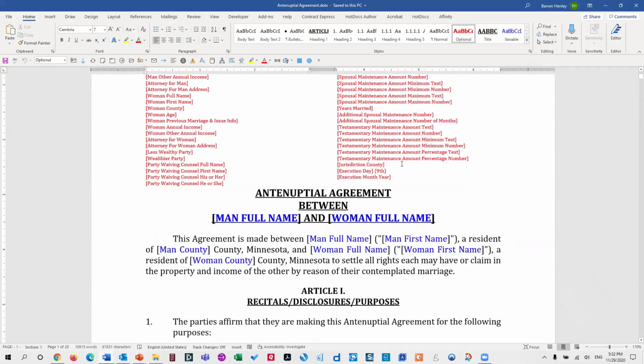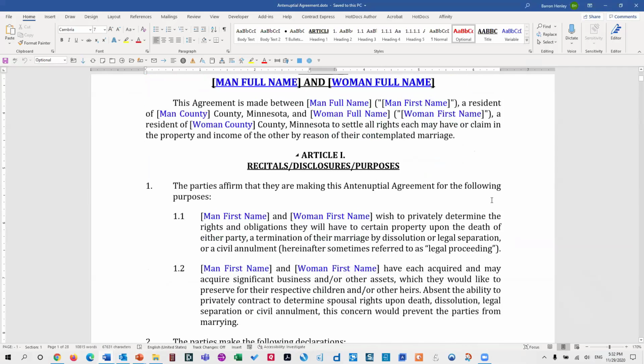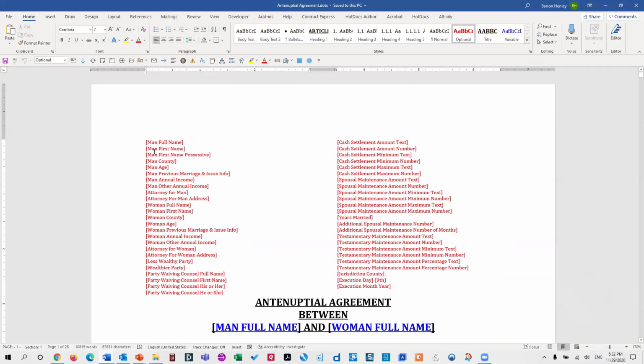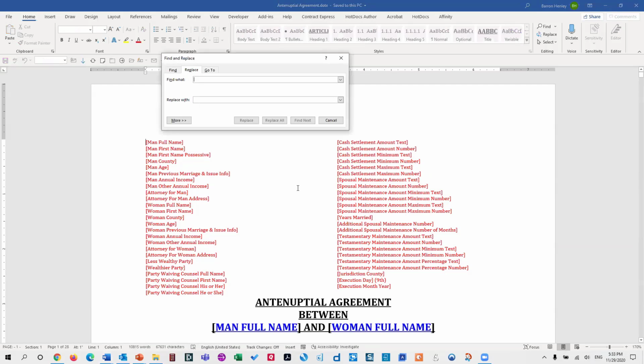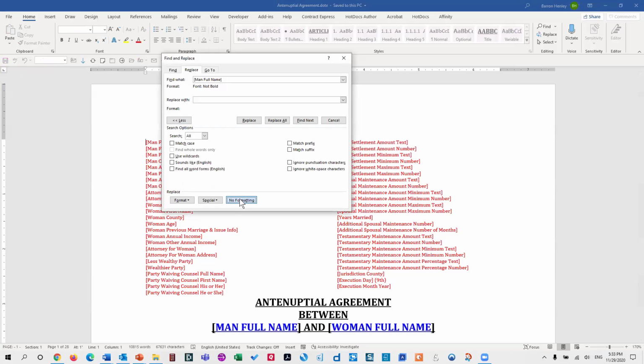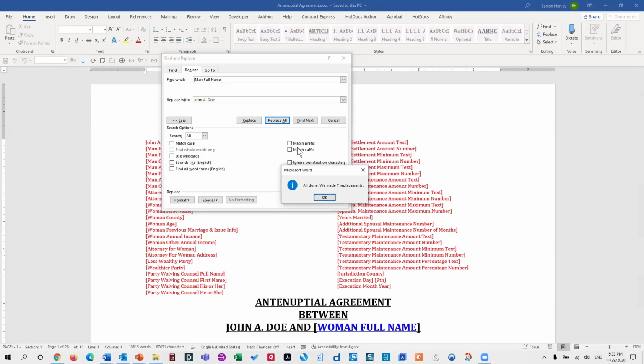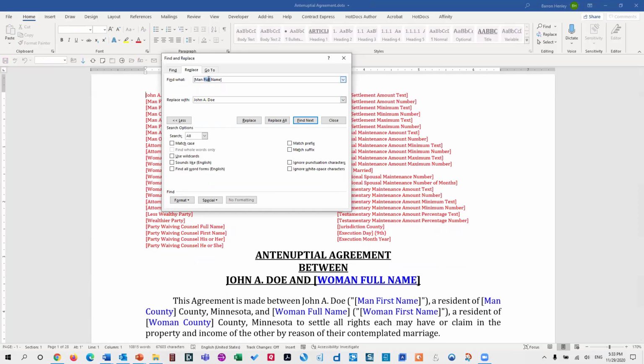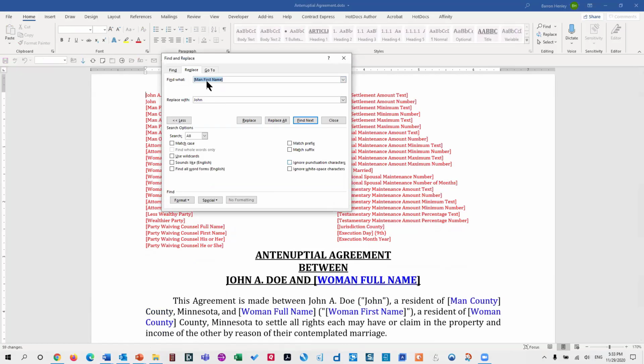So here's a good example of, this is an antenuptial agreement, obviously. And what they did was they went in and identified all of the fill points up front, because the way that they worked was just a simple search and replace. So if I take, you know, man full name, and let's say I do a find man full name, let me take off the formatting, and I replace that with John A. Doe, replace all, okay, I replace 7 of those. And then I go man, or first name, and I replace that with John, replace all, there was 59 of those. And then I go first name possessive,